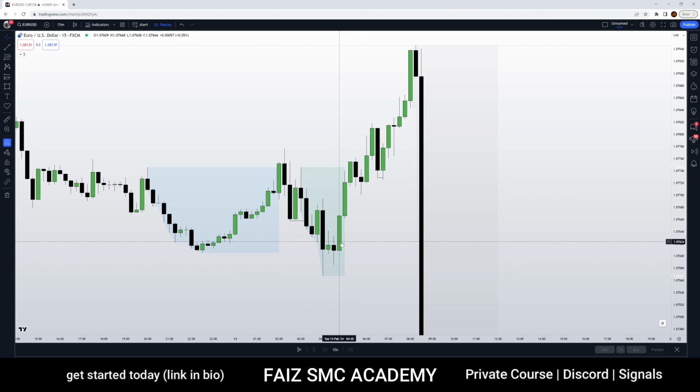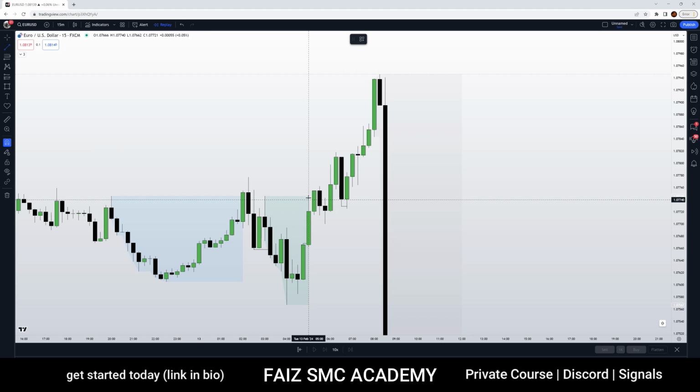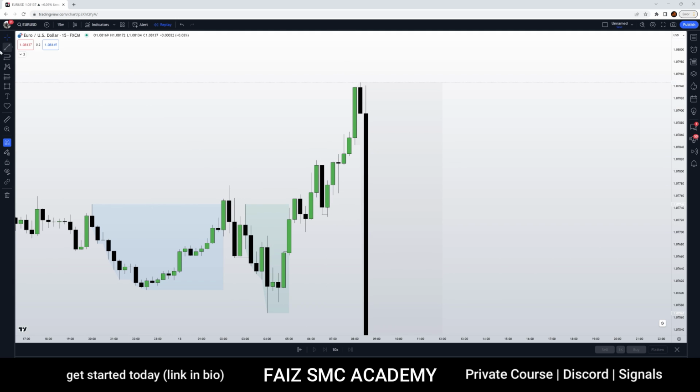Now 1, 2, 3, this is the lowest. The high of the third candle was taken out. Then we have a swing high over here, but in this case it was not taken out, so that would have been a losing trade if we got like a market structure shift on the 1 minute or an inverse Fibonacci gap. But you can see that we got a swing low formation here, and the high of the third